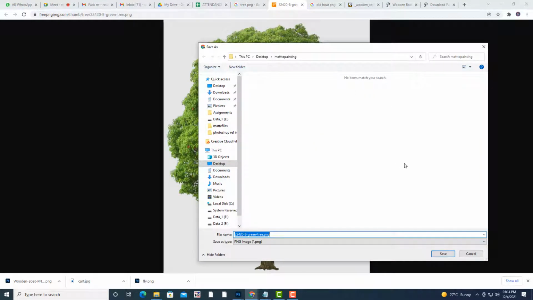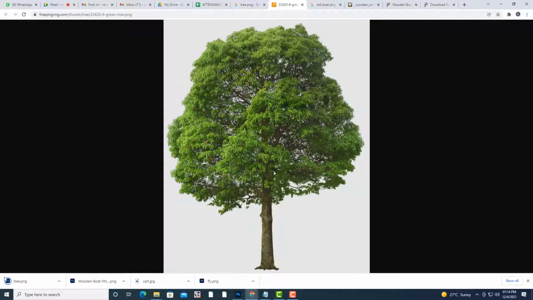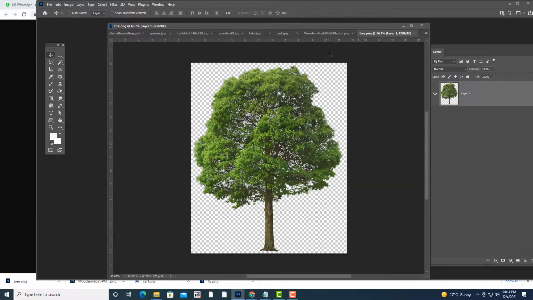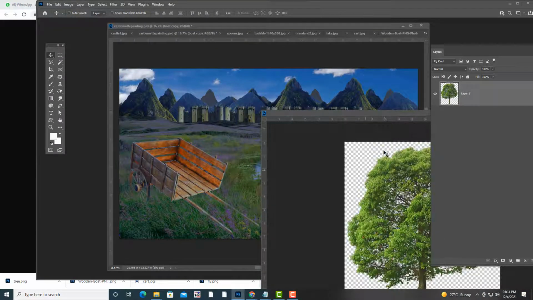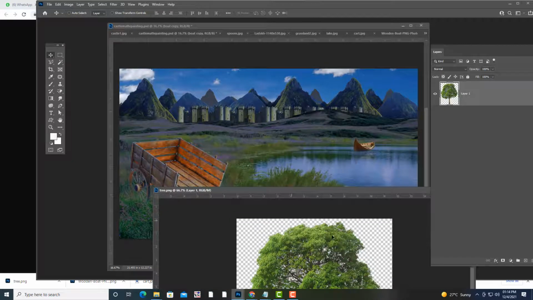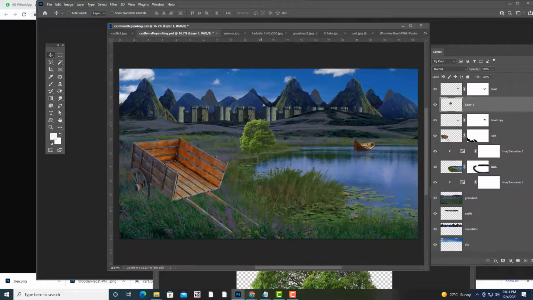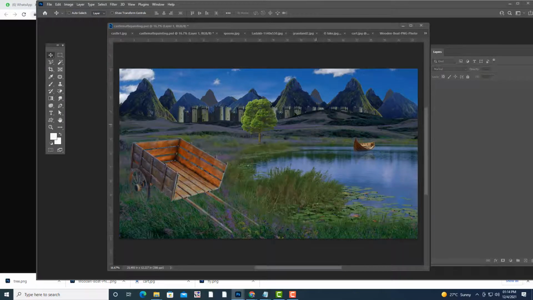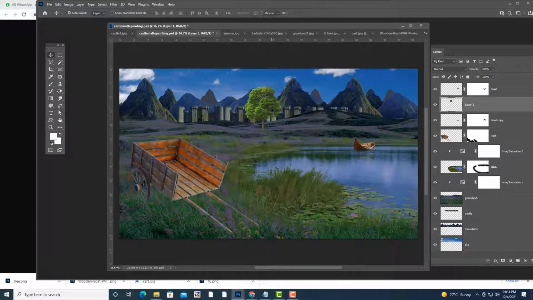Yeah, it's PNG only. Just take. Okay. Actually, so the tree has to be a little bit. Just keep a tree here.